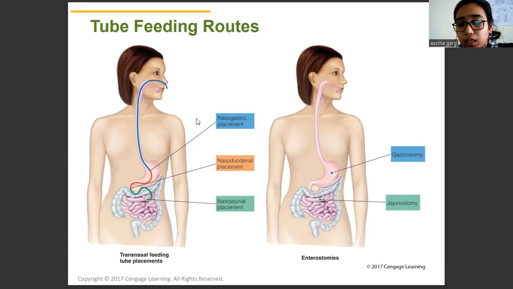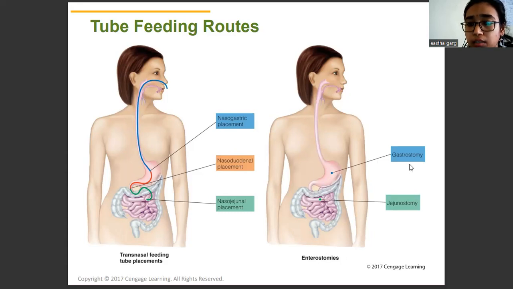But there might be even conditions when it is not appropriate to insert the tube via the nasal passage. There might be some type of obstructions at the nasal passage, or the esophageal tube, or the food pipe, or the windpipe is not in good condition for the placement of tubes, or there might be some types of fractures or problems at the oral path or the mouth part. In those conditions,